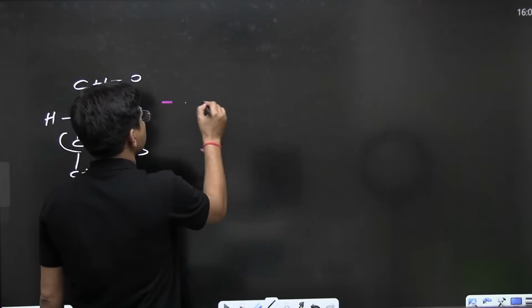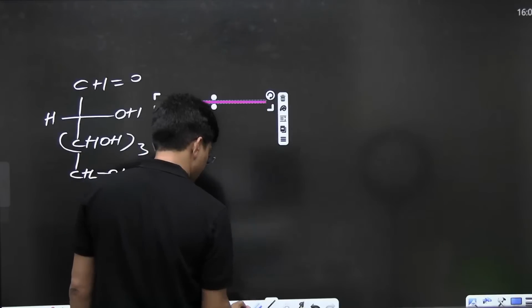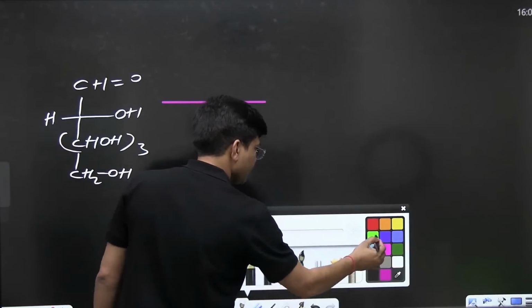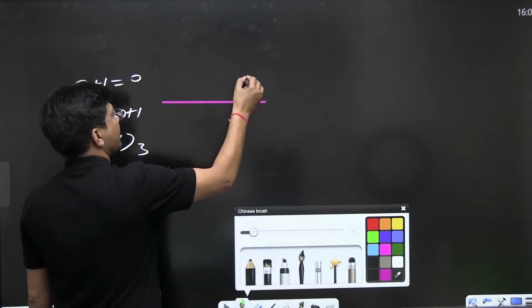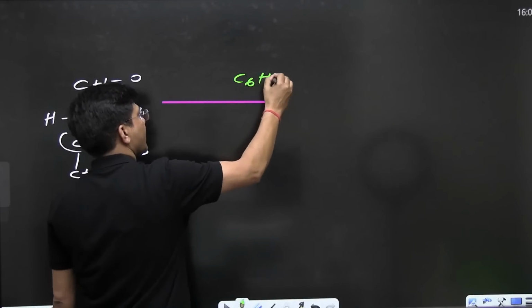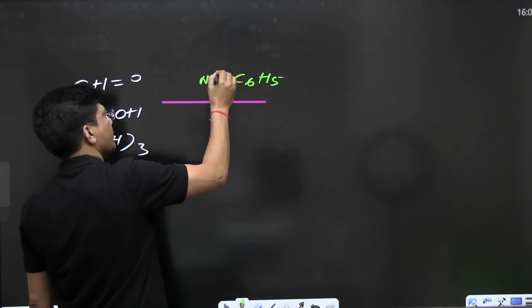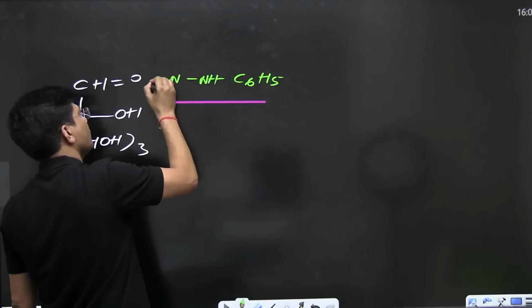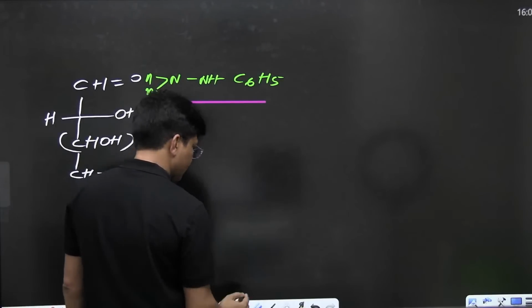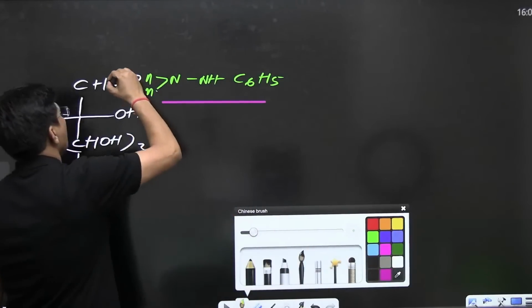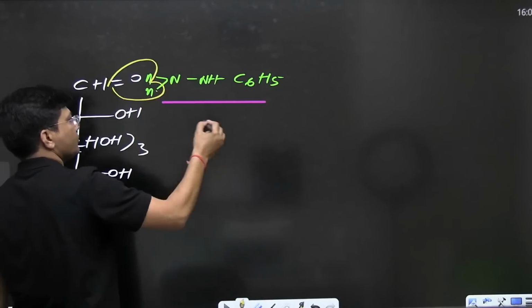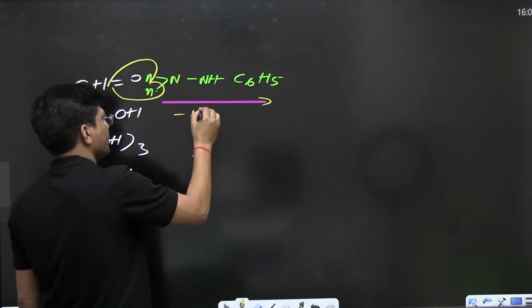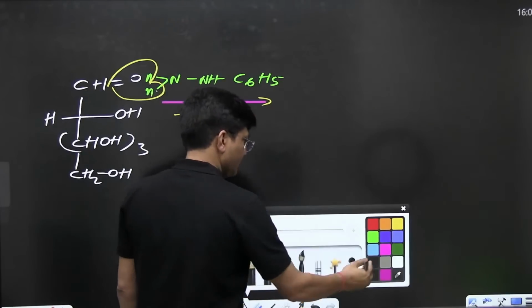We know very well that we are going to react with phenylhydrazine. Then what will we get? If I am reacting with phenylhydrazine, C6H5NH2, water will get eliminated and you are going to get